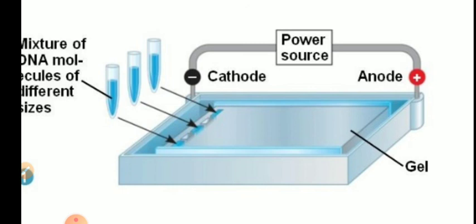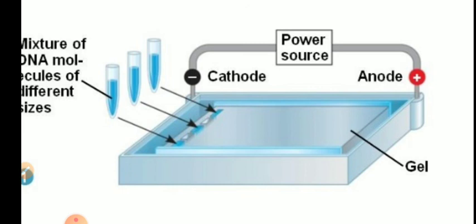Okay, so the first molecule to come out of the well and move through the gel is the dye molecule. Dye molecules can be visually seen, because it is a colored component like methylene blue. So it is colored and dye moves faster. When the dye reaches the end, the anode, you are sure that your DNA is within the gel, because DNA follows the dye.